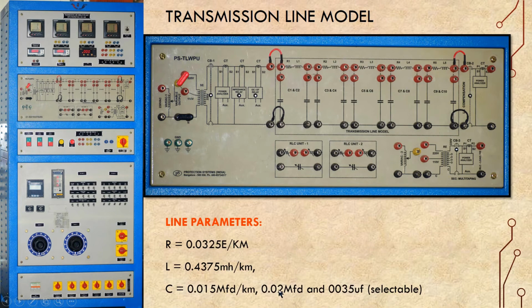That means you can have 3 values of capacitance. So the switches which are available here are useful to select the capacitance of different values. As per our requirement, whether we have to make a 220 kV transmission line or a 400 kilometer or a 220 kilometer line, depending on that we can change the value of capacitance, because depending on the height of the tower to the ground, the capacitance also will vary. So we have 3 values of capacitance, and in that way you can simulate the transmission line with 3 types of capacitance.